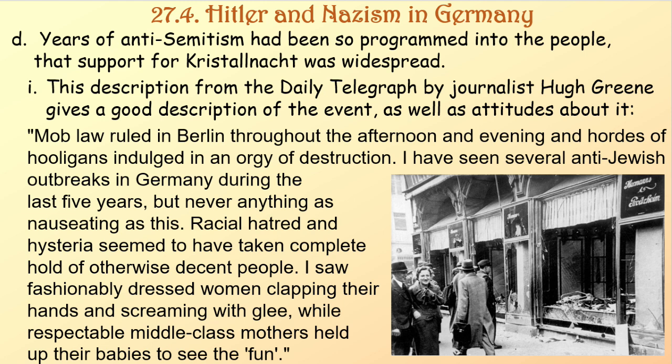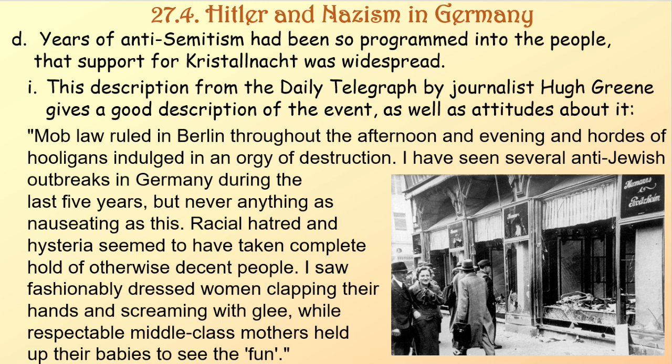I have seen several anti-Jewish outbreaks in Germany during the last 5 years, but never anything as nauseating as this. Racial hatred and hysteria seem to have taken complete hold of otherwise decent people. I saw fashionably dressed women clapping their hands and screaming with glee, while respectable middle-class mothers held up their babies